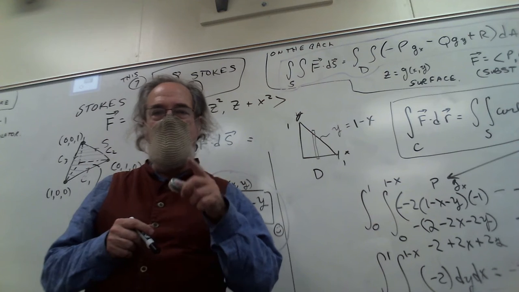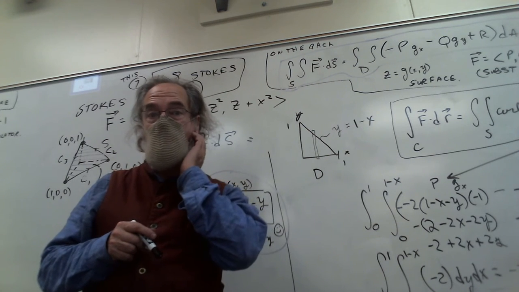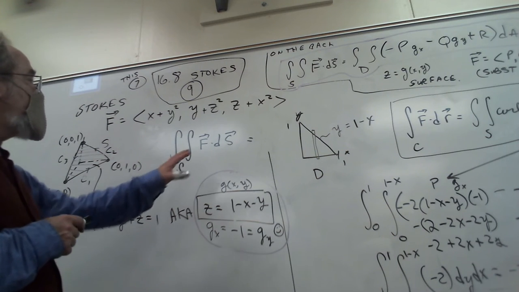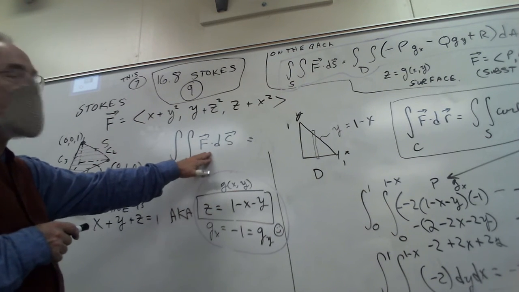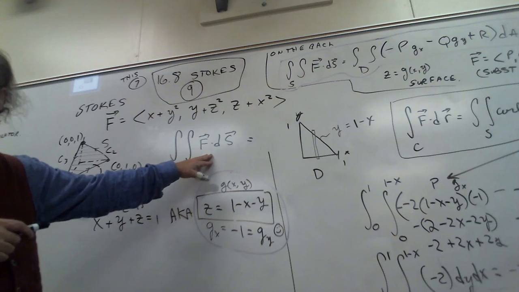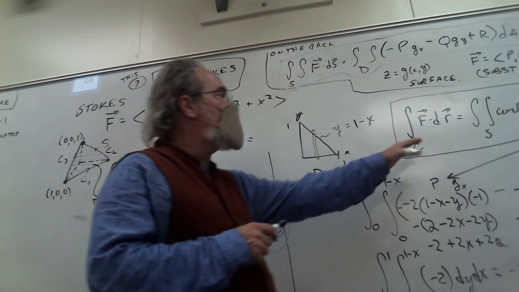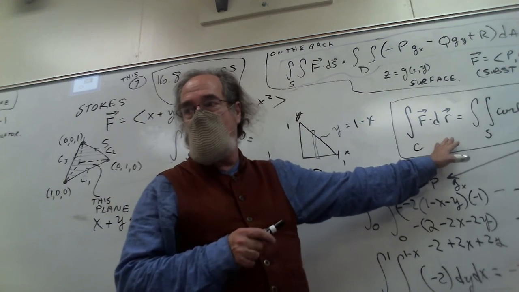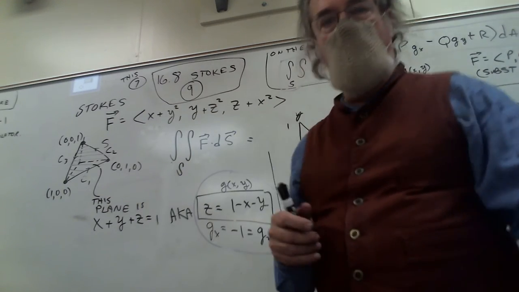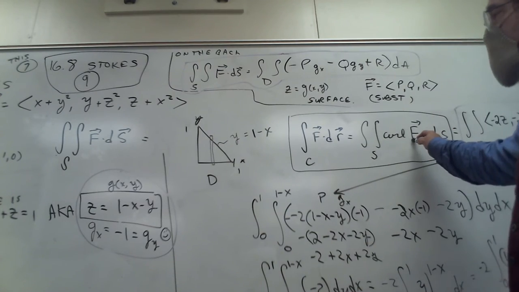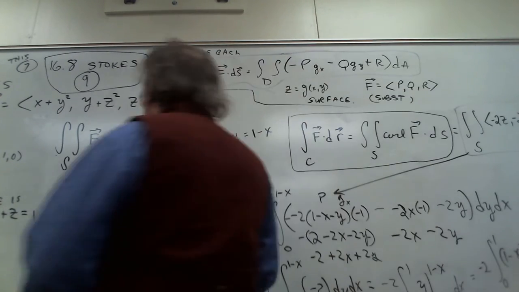Now let's do it as a surface integral using Stokes' theorem. I'm going to do this integral as a surface integral. Well, I have several formulas for this. One of them is Stokes' theorem, which the book says let's use on this, which means I'm going to do a curl. So I have to do the curl of big F. The curl of big F turns out to be